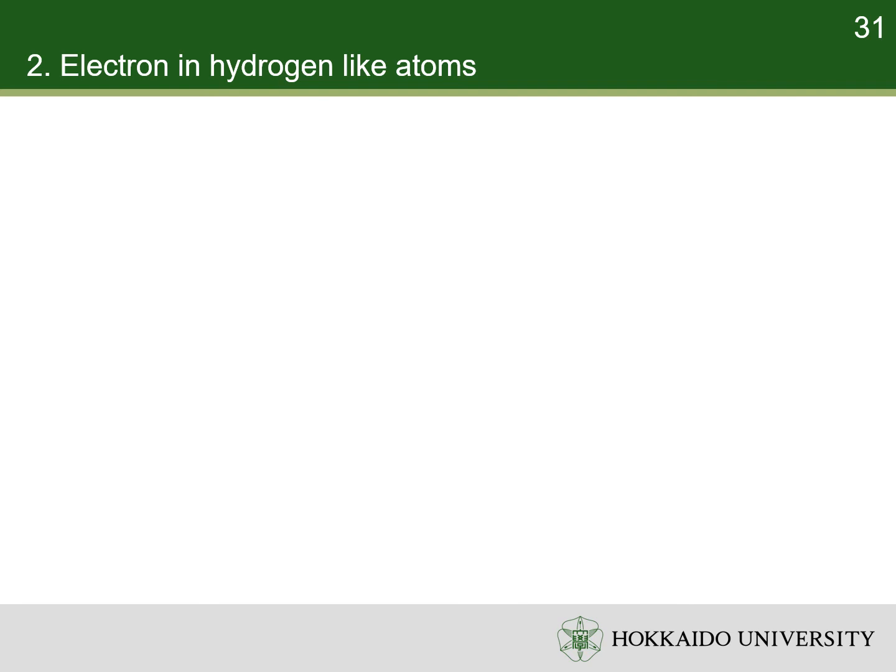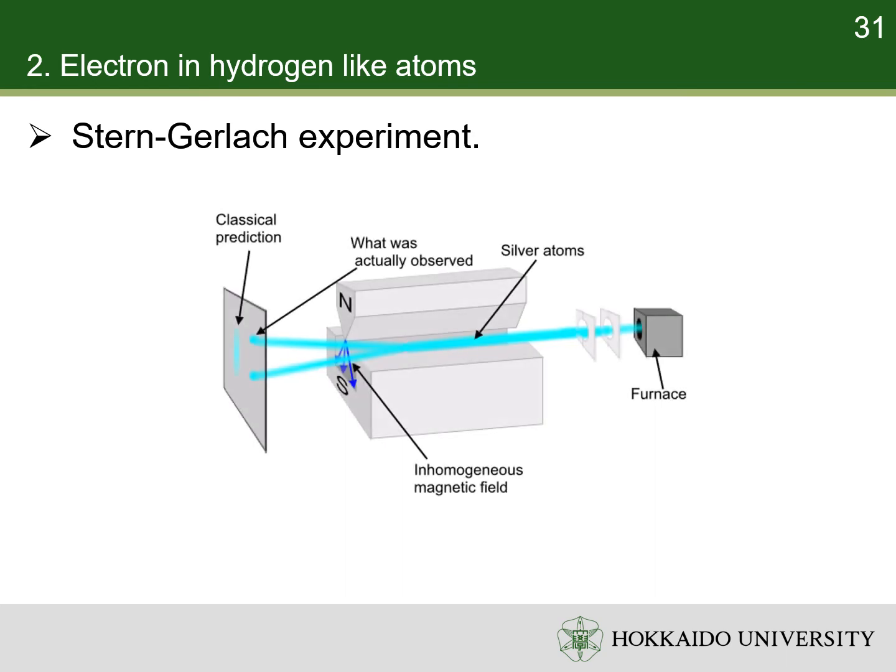The last property of the electron to discuss is its spin. It was discovered in the Stern-Gerlach experiment. In the experiment, a beam of silver atoms from a furnace traveled through an inhomogeneous magnetic field. They split into two beams. One deviates towards the stronger field. The other deviates towards the weaker field.